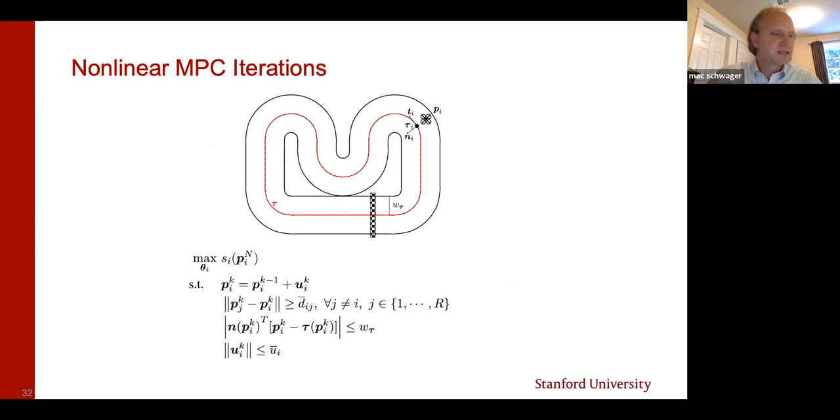And so let's get into a few details. What exactly is the path planning problem within each of these iterations? You have a racetrack, which you see here. The position of the robot along the racetrack is indicated by p_k at time step k. And the objective, that's s_i in this case, is to move as far along the racetrack as possible in the given time. This is subject to your own dynamics, and we're just going to use very simple first order dynamics in discrete time. Then there are collision avoidance constraints, which are the coupling that makes it a game, so I can't hit the other guy on the track, and stay on the track constraints, and input constraints.